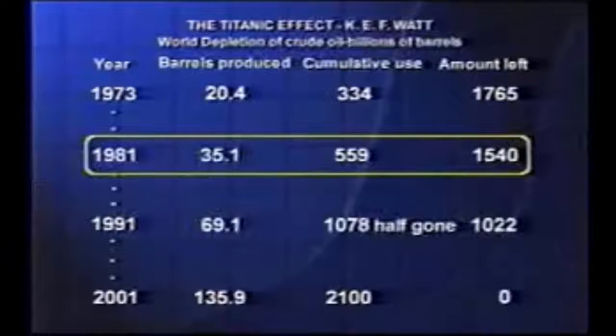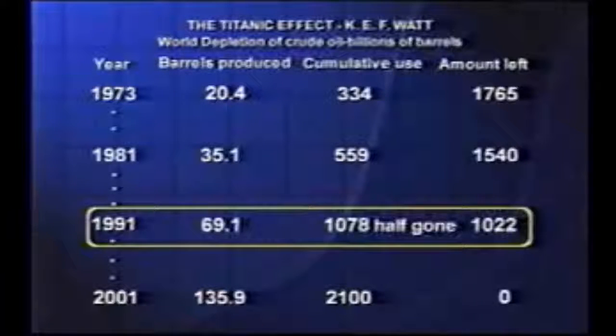By 1981, on the 7% curve, the total usage in all of history would add up to 500 billion barrels, the remaining reserves 1,500 billion. The reserves at that point are 3 times the total of all that have been used in all of history. That's an enormous reserve. But what time is it when the remaining reserve is 3 times the total of all you've used in all of history? And the answer is 2 minutes before 12.